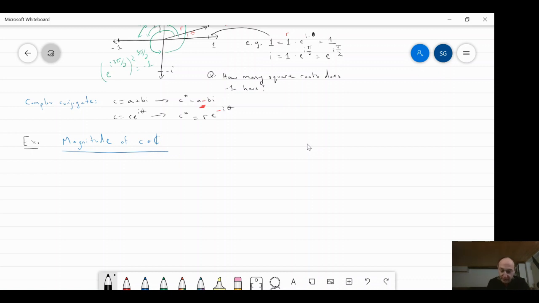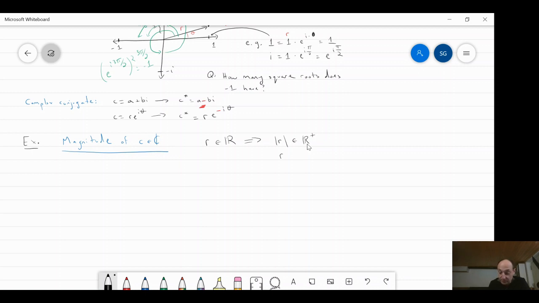Well, if I had a real number that could be positive or negative, the notion of magnitude was given by the absolute value. And this for sure is going to be in R plus. It's a positive real number. So we want to define some analogous notion for complex numbers. How can we define the absolute value of r?